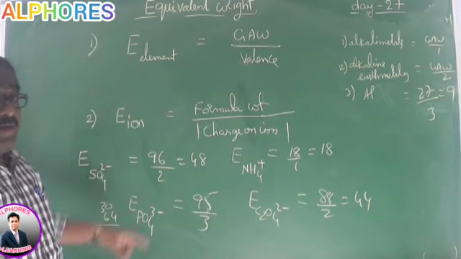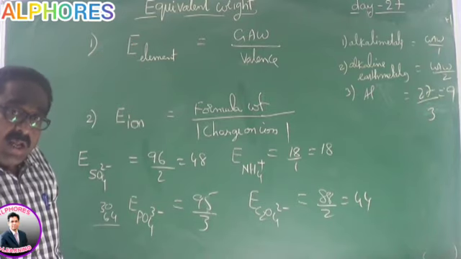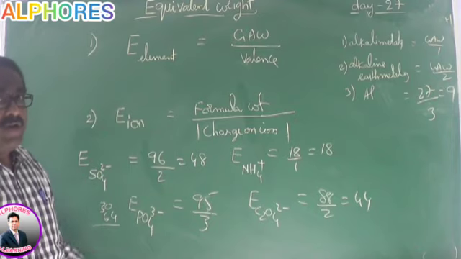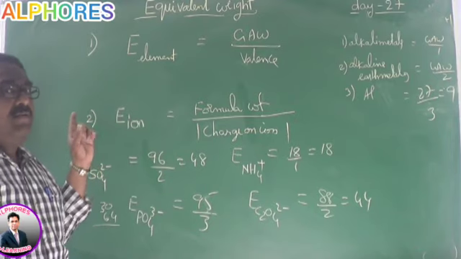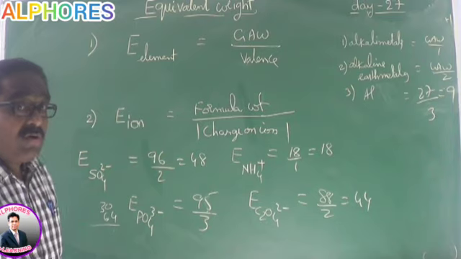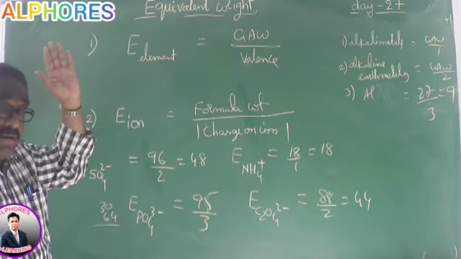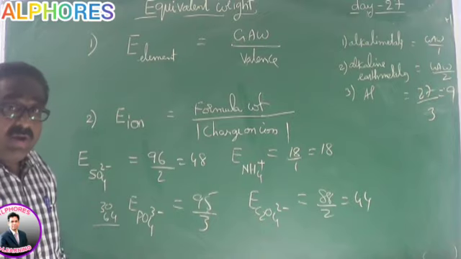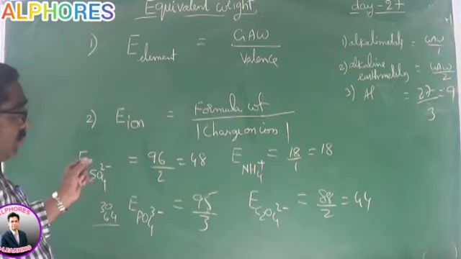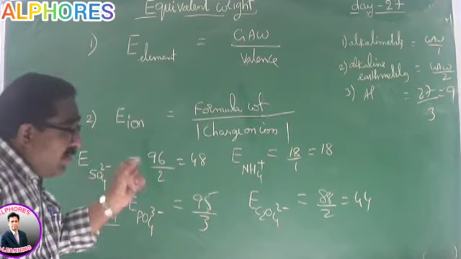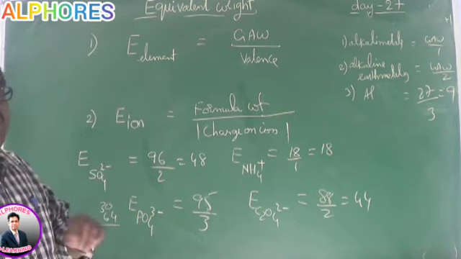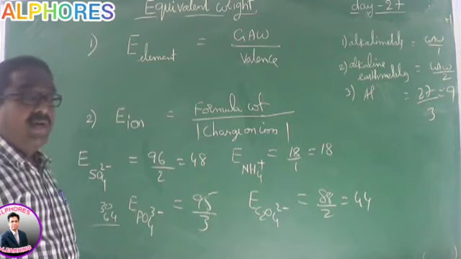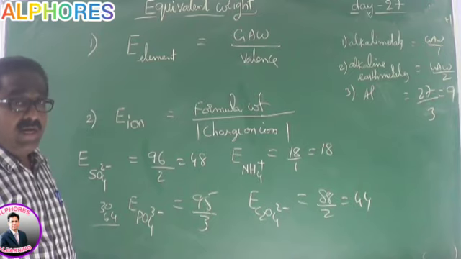This equivalent weight needs the knowledge of redox reactions, whereas redox reactions need the knowledge of oxidation state. So for the second part of the chapter, beginning from oxidation state to the equivalent weight, you should go through the videos regularly in the same sequence, otherwise it will be difficult to follow. Please concentrate on this area, a very important area we are entering.